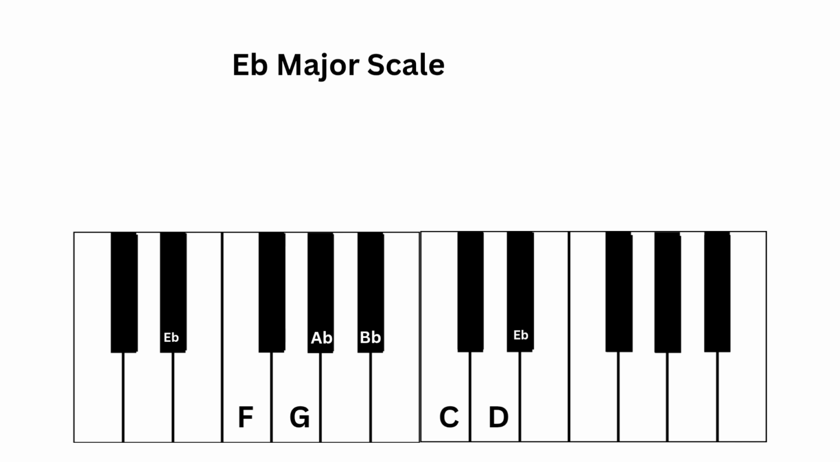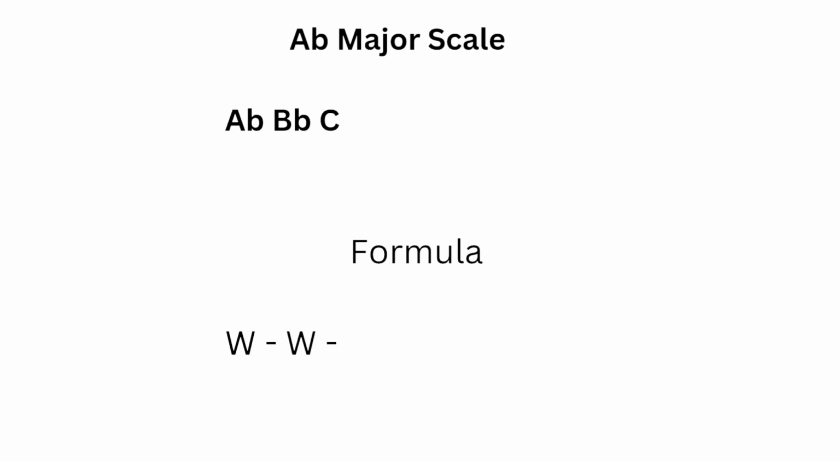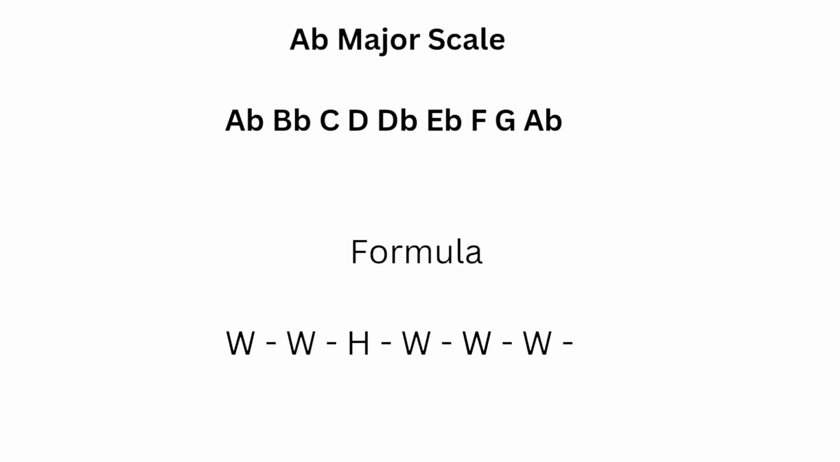A flat major scale. A flat major scale has four flats, that is A flat, B flat, D flat, and E flat. The formula of the major scale is whole step, half step, whole step, whole step, whole step, and